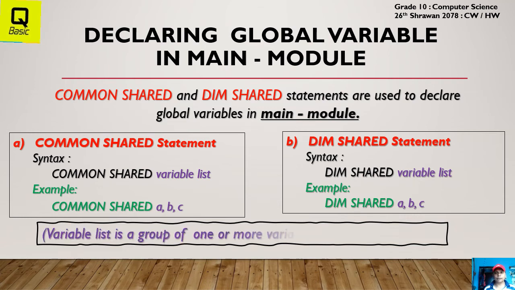Okay, now here you can see the variable list is a group of one or more variables separated by comma. In this, can you see the variable list? In the common shared, written down a, b, c, these are the variable list. Okay, so next